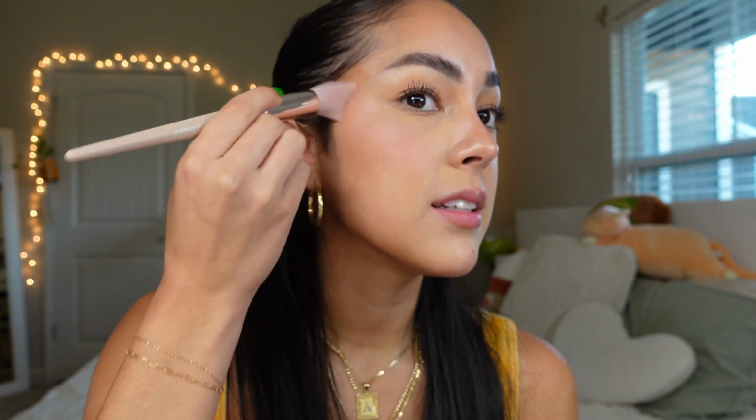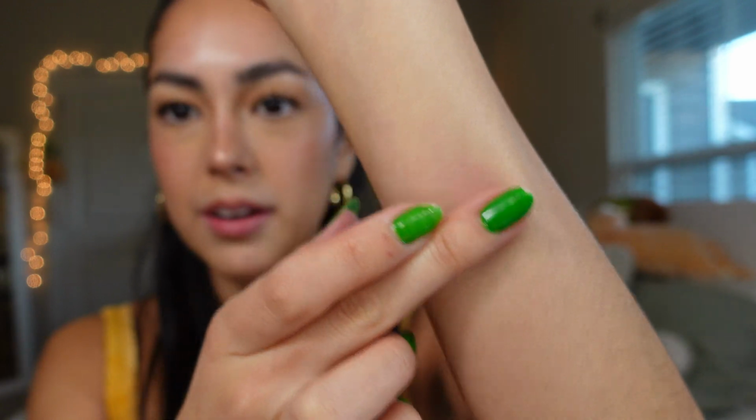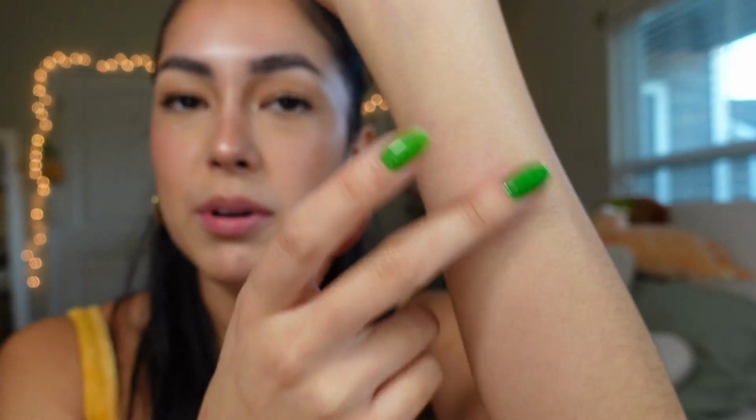It's pretty subtle. I don't know how expensive this was, but I'm not quite sure it's worth the price if it's going to be that subtle, but maybe it's buildable. Let's swatch it, how about that? Ooh, very, very, very subtle. Maybe it has to be buildable. It's super subtle, but if that's the look you're going for, a very light baby pink dewy look, then